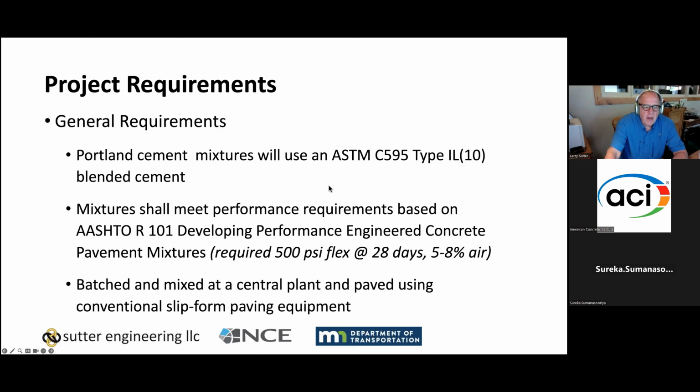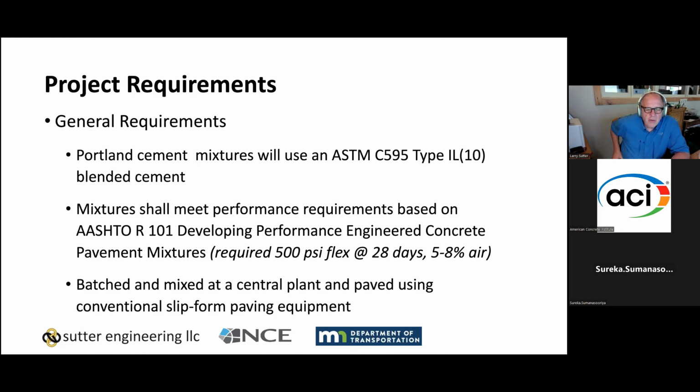Part of the reason was that we had some general requirements anything had to meet coming in. We first said that if it's an SCM, for example, and you're using Portland cement in the mixture, it has to be a Type IL(10). We set this requirement before the recent shift to IL cement. We did it thinking that IL cements were coming, and I don't know if we were clairvoyant or if we were a catalyst, but for one reason or the other, IL(10) became very popular shortly after we started going down this road.